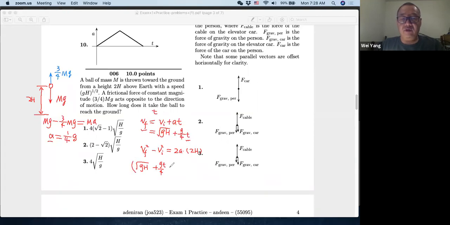Then this is the final velocity, that means when the ball reaches the ground, at that moment, the velocity squared minus Vi squared, that's (gh)^(1/2) squared, that's gh, equals 2 times a times 2h, that gives you 2 times g over 4 times 2h. So this will equal gh,